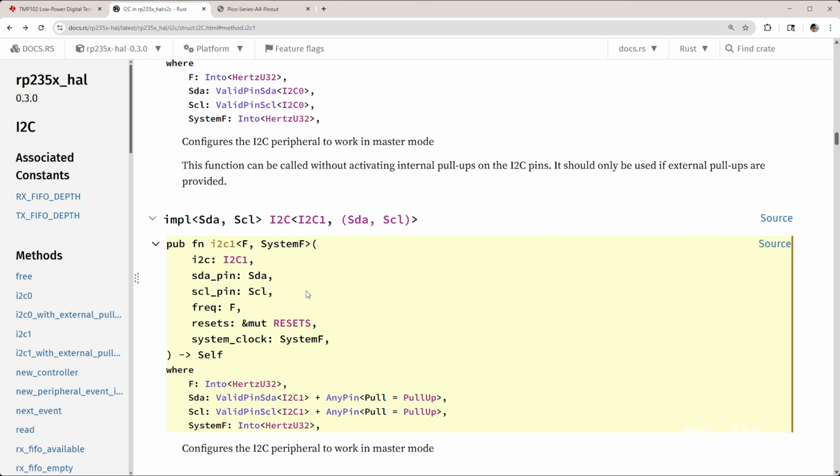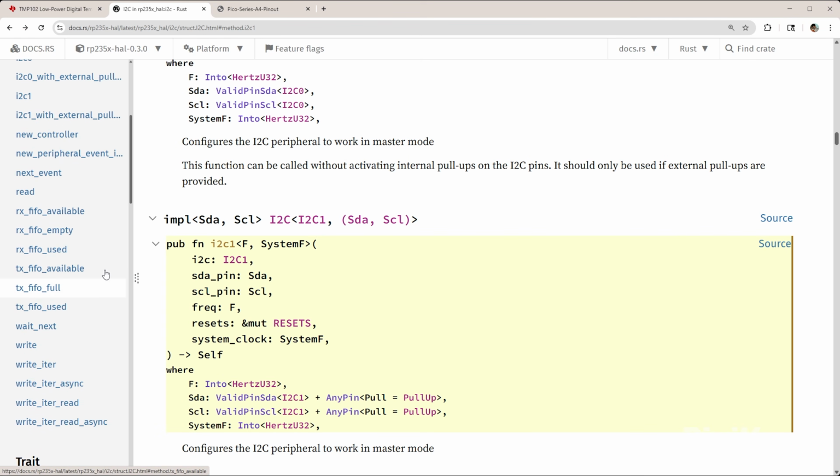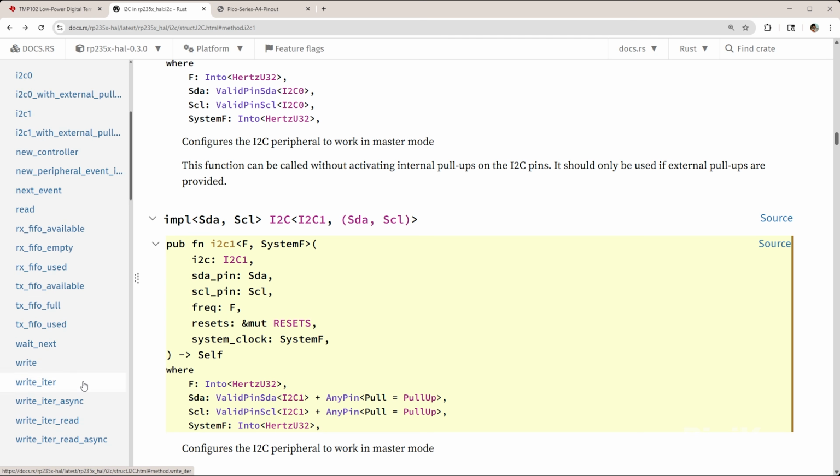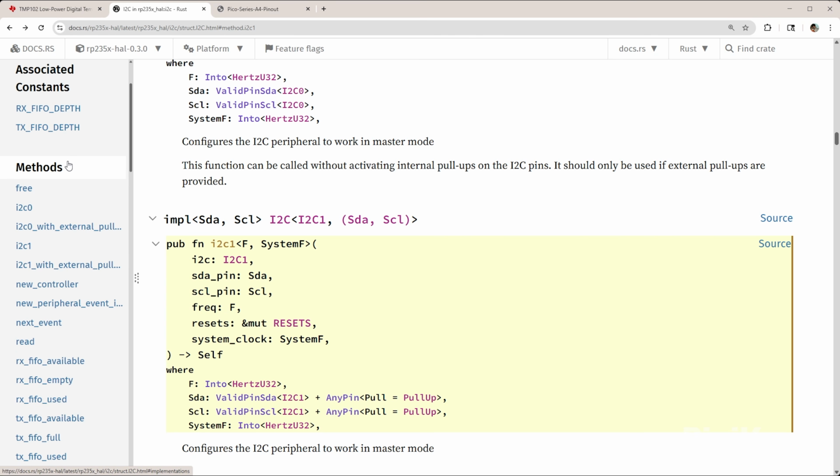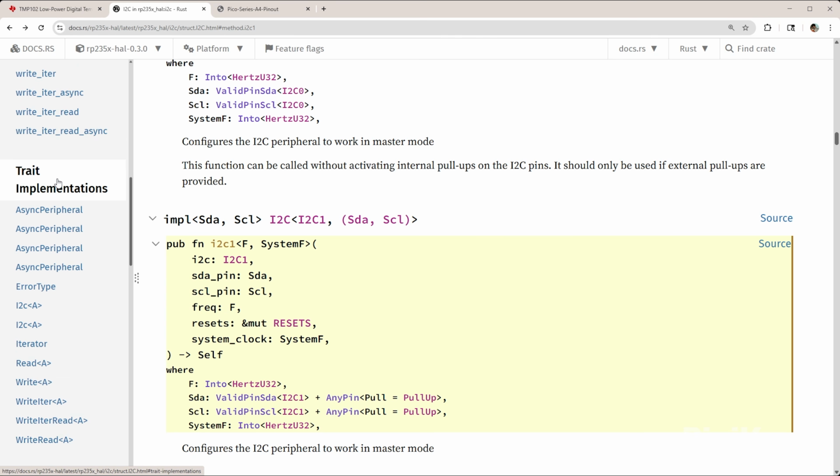Let's go back to our documentation. You can see that write read is not implemented in our direct methods. That's because it's considered a trait implementation. We will look at traits later, but it basically works as an interface. For concrete types, certain methods have to be implemented to meet that trait. In other words, this is a contract specified somewhere that says you must have a valid implementation of a particular